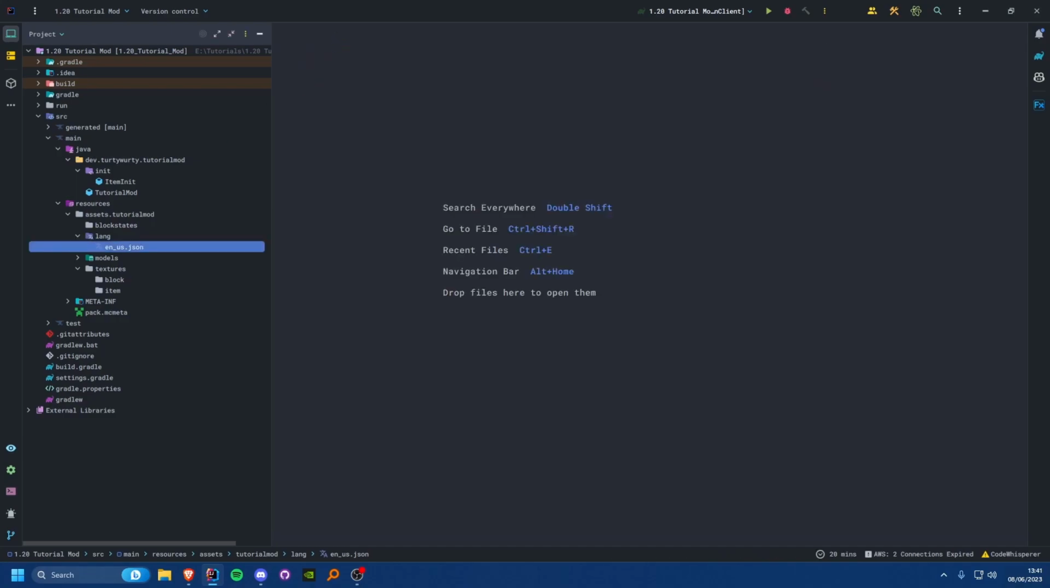Okay, let's create a texture. I'm going to create a texture, and I'll be back once I've done that. Okay, so I've created my texture, or really I just copied it from my 1.19.3 tutorial mod, and I put it in here, and obviously make sure it's the exact same name,